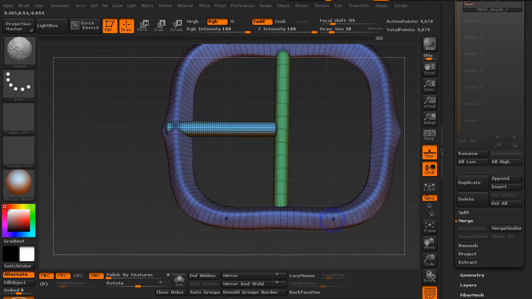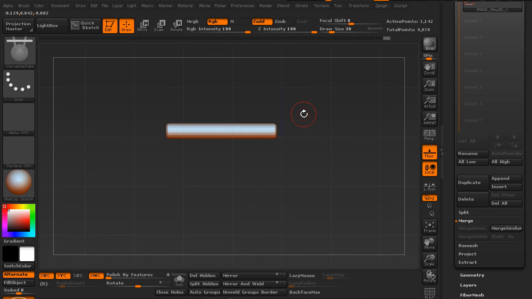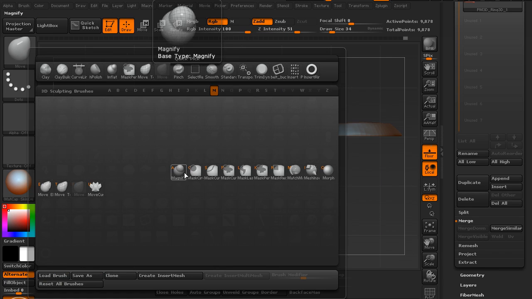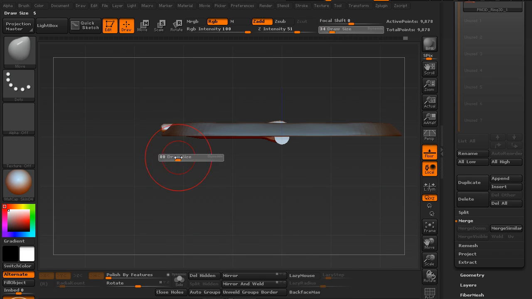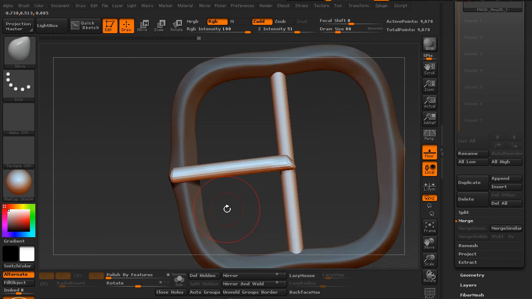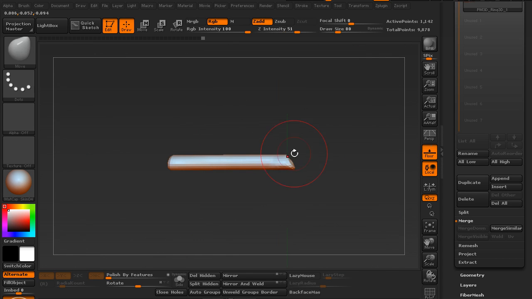Now we have 3 poly groups. I can shift control click this guy, look at him from the side, and just kind of turn off my symmetry. Kind of make him wrap around. So he's like the little, well, obviously, he's like the little needle thing that goes through the slot. Just move them up a little bit. So most of this is going to disappear. Not going to be visible, but